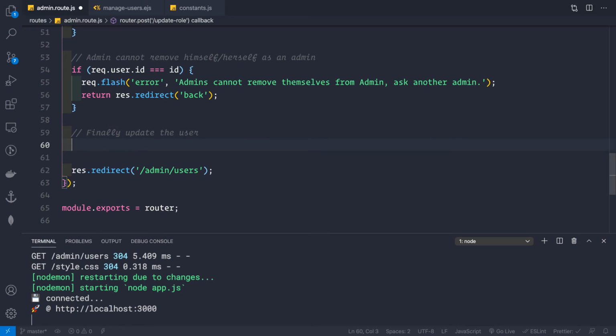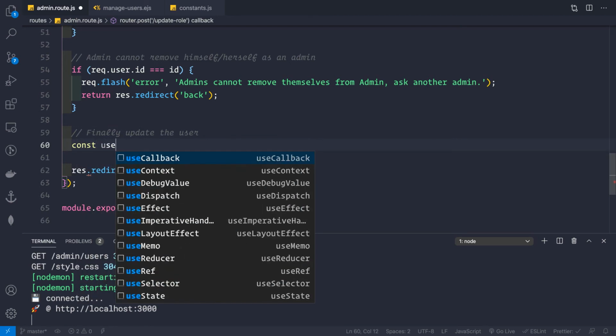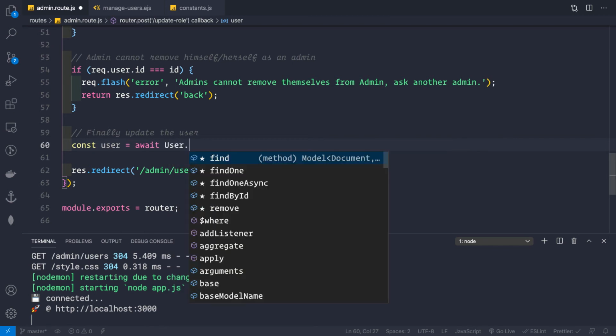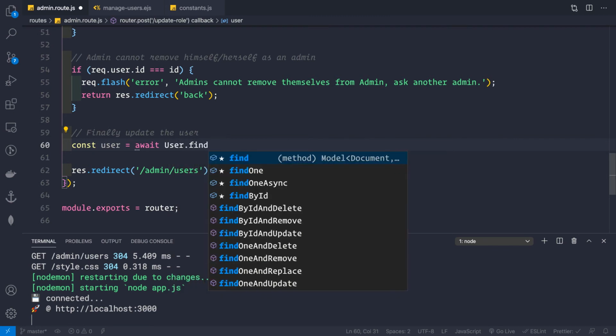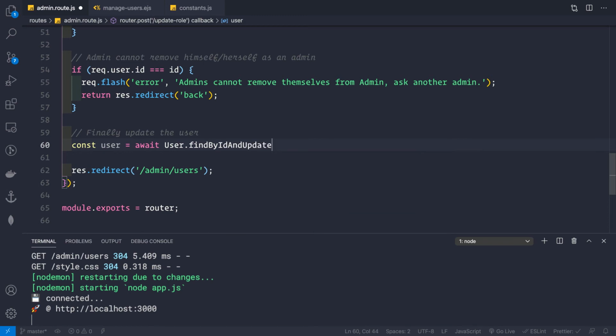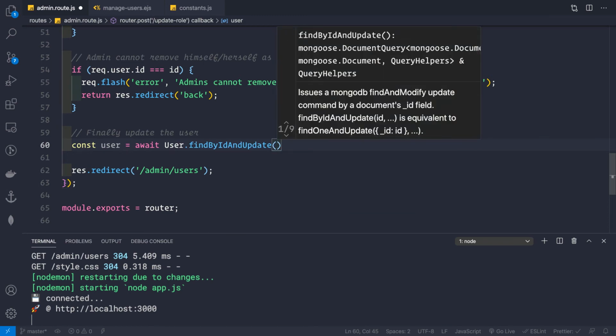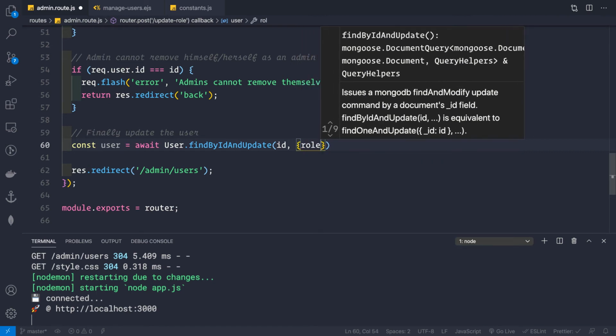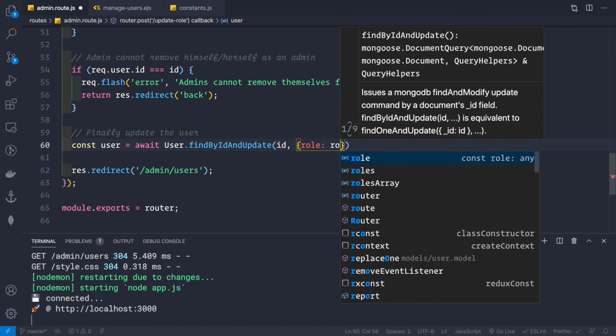So we can simply say const user equal to await User.findByIdAndUpdate. So findByIdAndUpdate, and here we need to provide in the ID and then the role which we want to update, and here we can provide in the role like this.